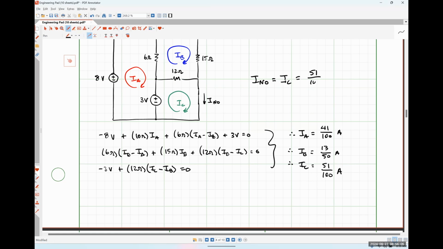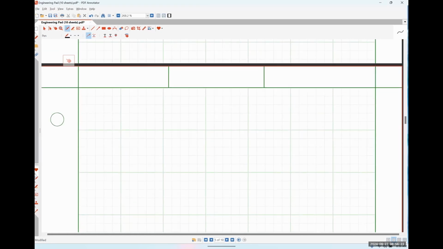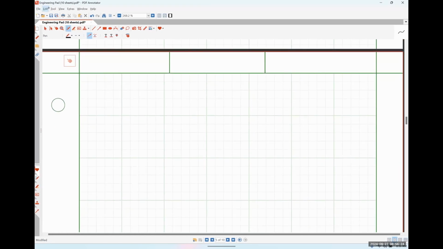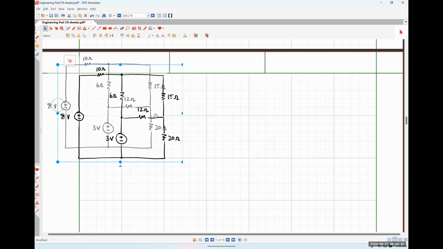So 51 over 100 amps. Okay, so there is a way for us to verify if we are correct. I want to think about things contextually here. So we just found